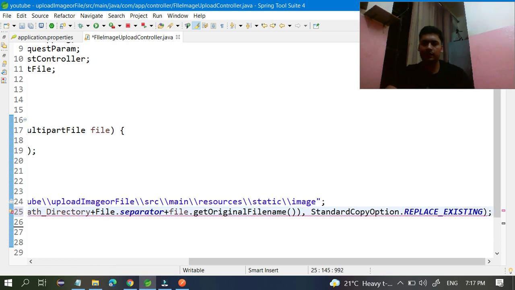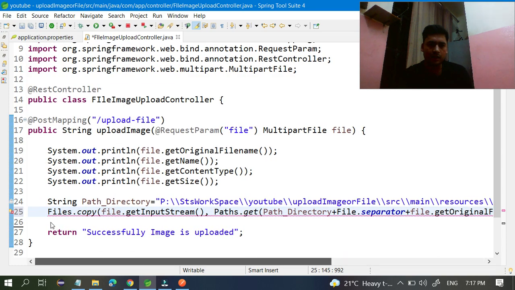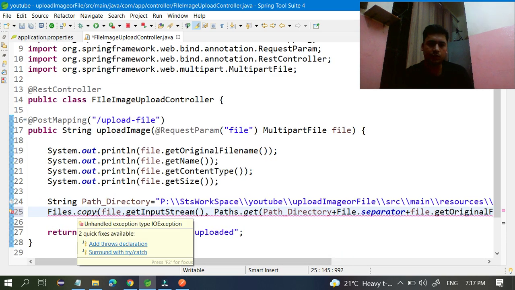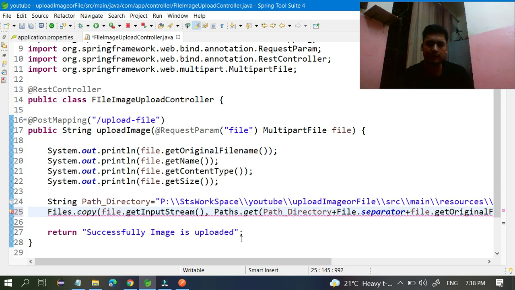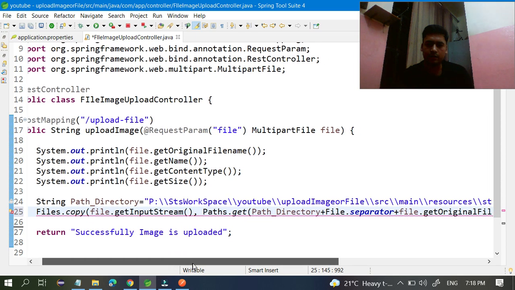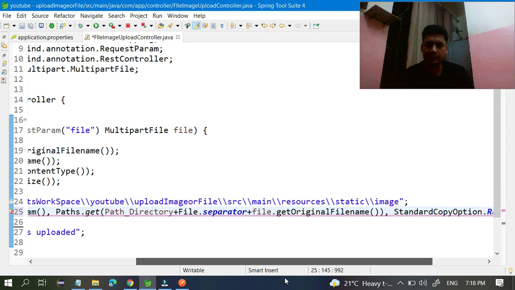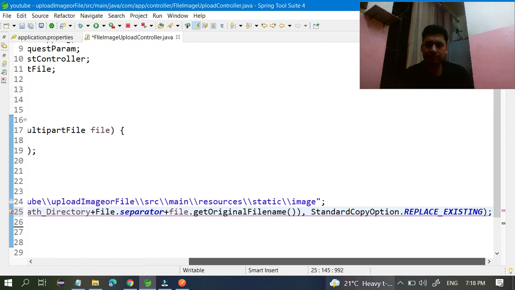Copy opens and closes, path opens and closes, the file directory also closes, and the standard option also opens and closes. Okay, what is the error? This line of code has to be put inside try and catch.